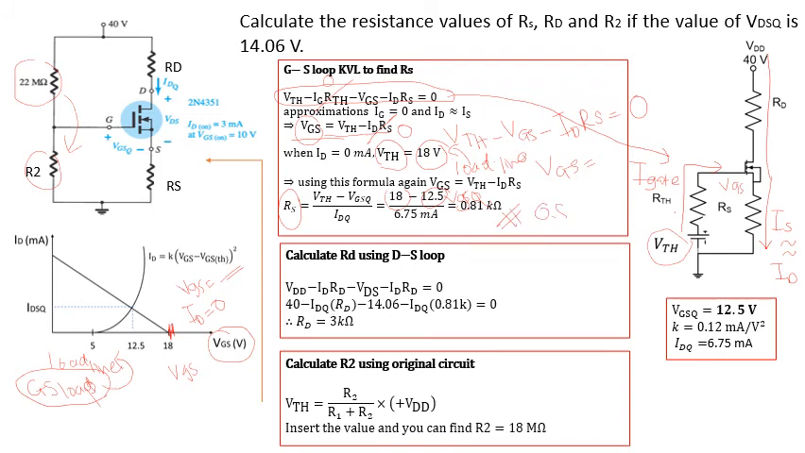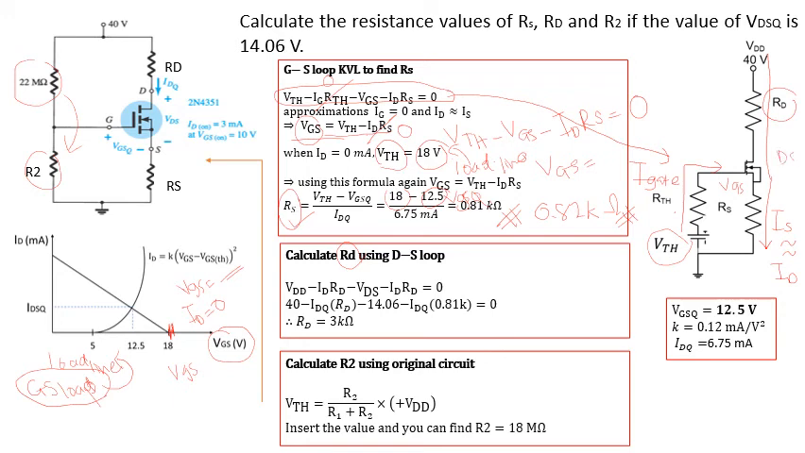0.82 is also the same. In the previous question, it was 0.82 kilo ohm. So it is approximate, close enough to be the same. And from this, we have calculated the RS. Now we want to calculate the value of the RD. If we want to calculate the value of RD, meaning that we have to use